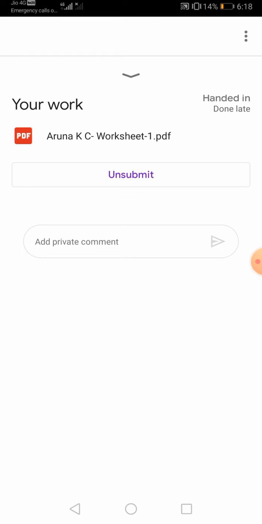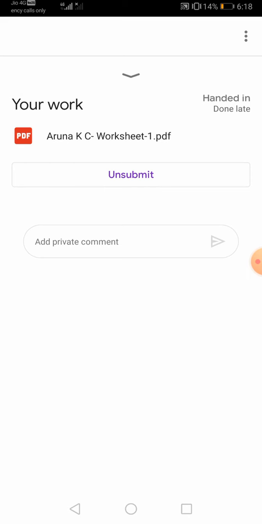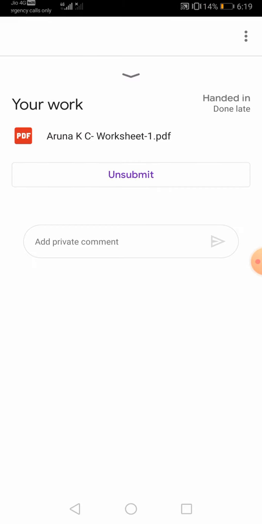I think this is clearly understood, so it is better to convert to PDF. Otherwise it could be difficult to take printouts of all the papers, because we have decided to take printouts of the worksheets only. Other than worksheets we are not going to print those pages, because they are not needed, and evaluation is very difficult in Google Classroom. That's why we decided to print whatever worksheet you have submitted, and it is better if it is in the form of PDF.